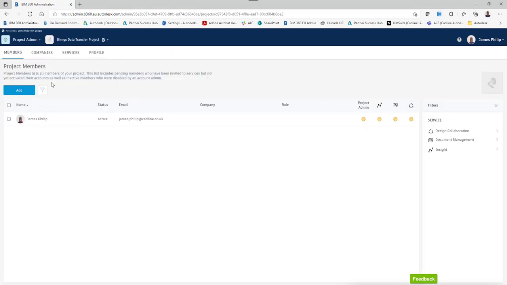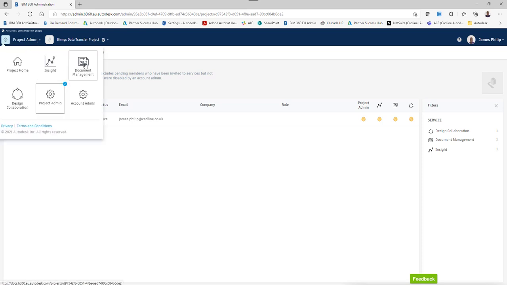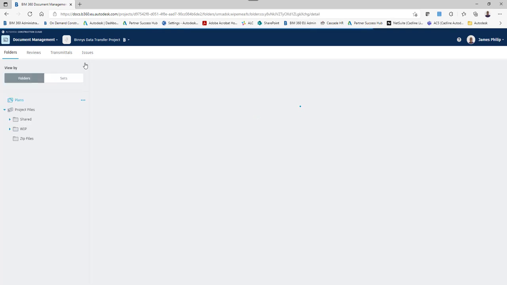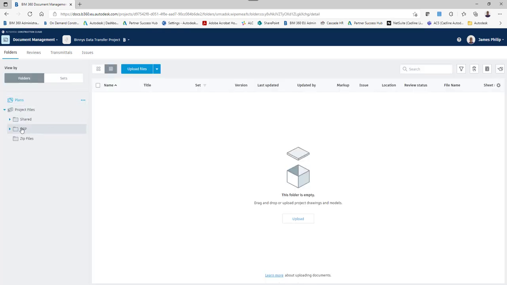And what we do is just to make sure that the folders, so if we go into the document management area, that we're familiar with the folders. So what we were looking for perhaps is a work in progress, and we've got the architectural, we've got the civil, and we've got the structural. Okay, because those are the files that we're going to transfer across. So now the rest of it is actually done from within the Revit environment. So we're going to go to Revit,